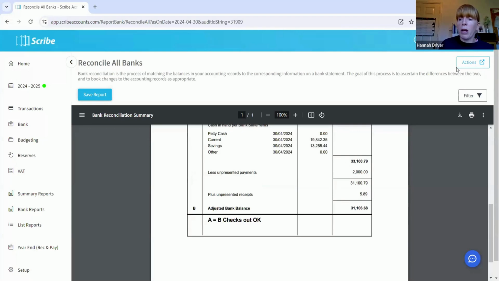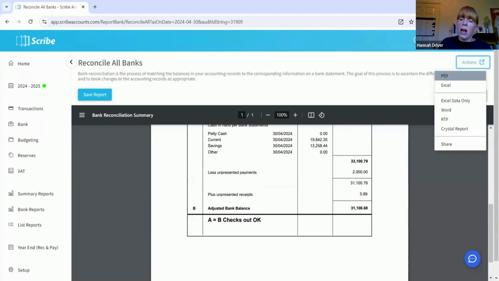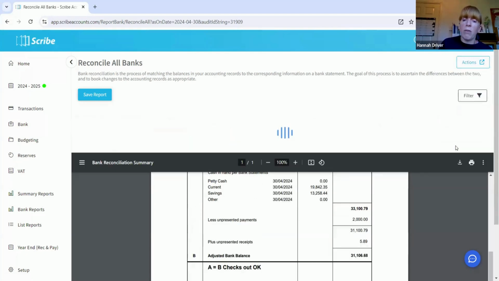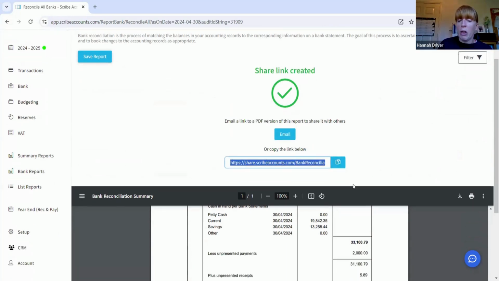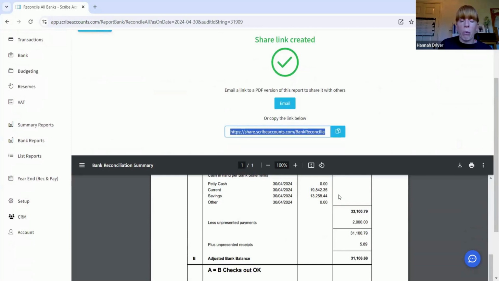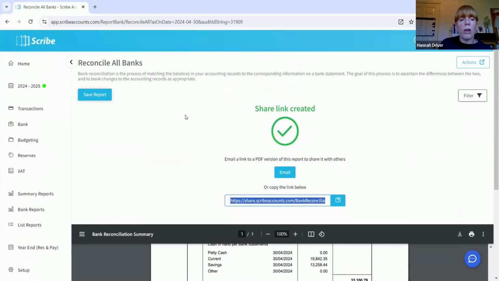So you can do that by going up and printing with the print icon, or you can also go to actions and select PDF or Excel to put it into either of them, and also create a share link if you want to. So if you copy that share link, you can then send this to anyone who'd be able to then open that report in a separate web page. We also strongly recommend that you save the report directly into Scribe as well. So if you click Save Report,